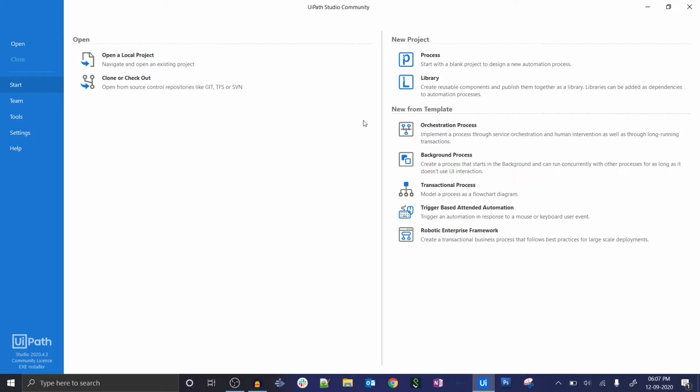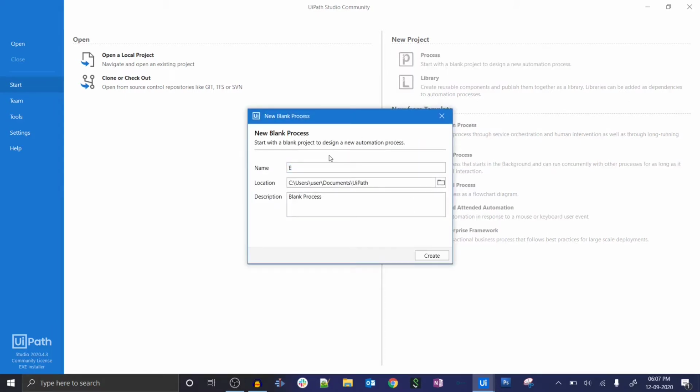Our requirement is not to stop the flow of execution abnormally. Our requirement is to stop only after performing whatever action we want to perform. So it should not be stopped abnormally; it should be stopped after performing some action. To achieve those requirements, we use exception handling in our program. For demonstrating this, I'm going to create a new project, a process type, and here I will take the name exception handling. Copy and paste it here.